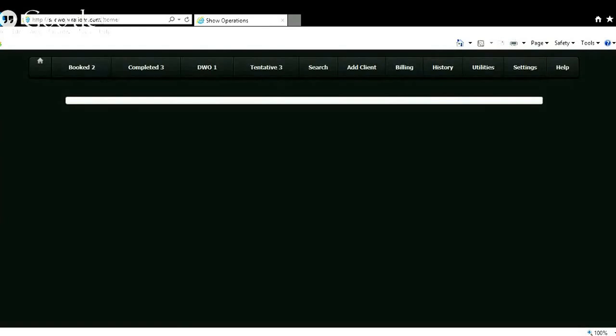Perfect. So I'm going to go ahead and move on. We're looking at the show operations screen, and let me get over to that window so I can navigate around. In show operations, we have two distinct functions: the event billing and setup function, and then the contact management side of things. So when you get your show operations account, the first thing you're going to want to do is go into the settings area,